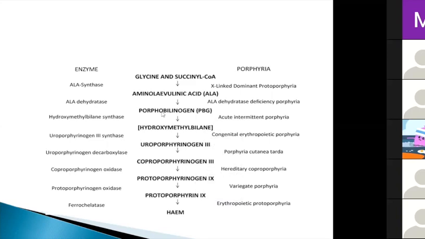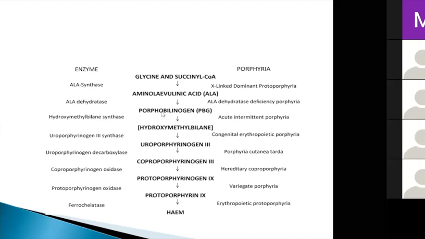Okay, so like I've said, there are 4 acute porphyrias which occur in the heme biosynthetic pathway. The first one is in the second step of the heme biosynthetic pathway. It's when there is deficiency of ALA dehydratase enzyme, and the name of the porphyria is ALA dehydratase deficiency porphyria. It's very rare. I think the last case that was reported was in the 1960s. So we're not going to dwell much on it in this presentation.